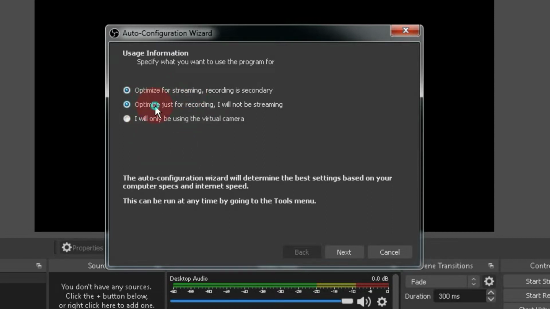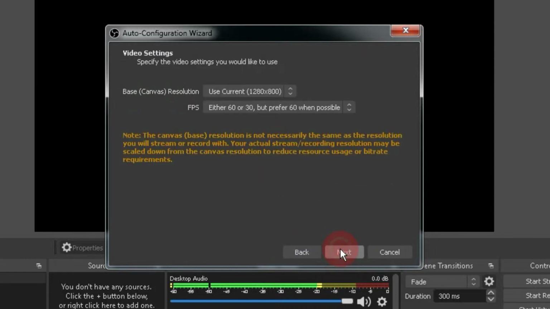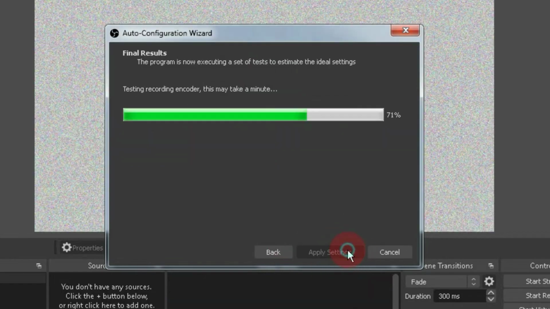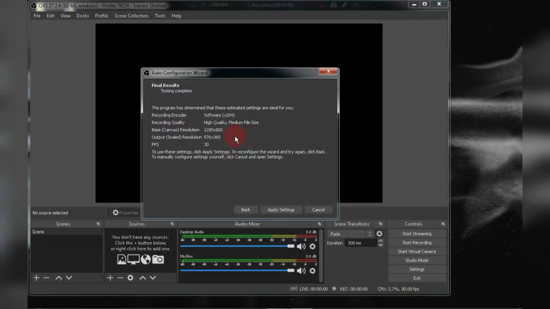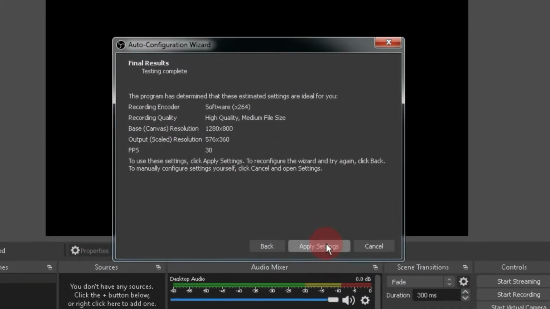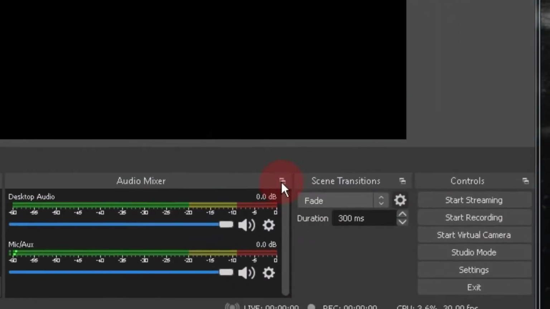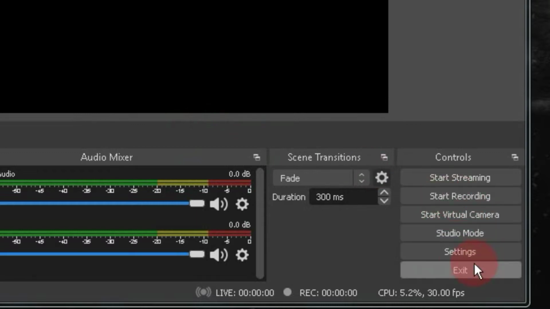If your goal is to do live streaming, choose the first option. If you just want to record, choose the second option and click on the next button. In the next step, leave these two options as they are, and click on Next. After that, some tests will run on your PC, let them complete. Once the tests are done, click on the Apply Settings button. Next, click on the Settings button below and